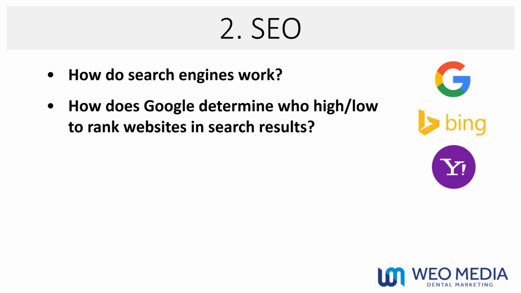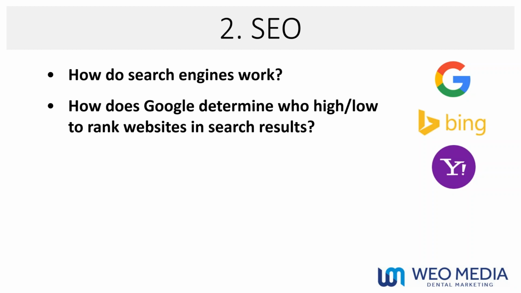So Google's the big gorilla, right? So if we're talking about how do we optimize to rank high in a search result, we need to understand a little bit about how search engines work. And so for the average website, for my website, for your website, what Google does is about every 30 days, it will analyze your website. And it looks at over 200 variables to decide how high or how low to rank your website in a